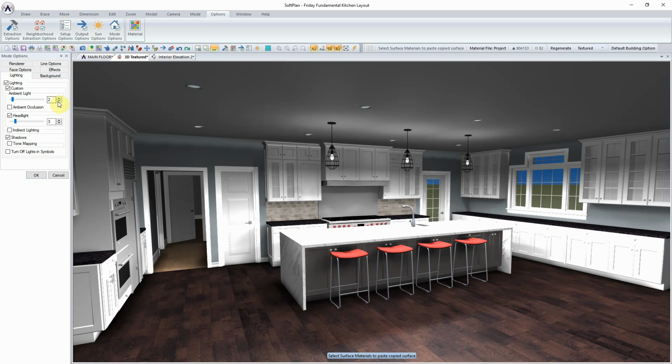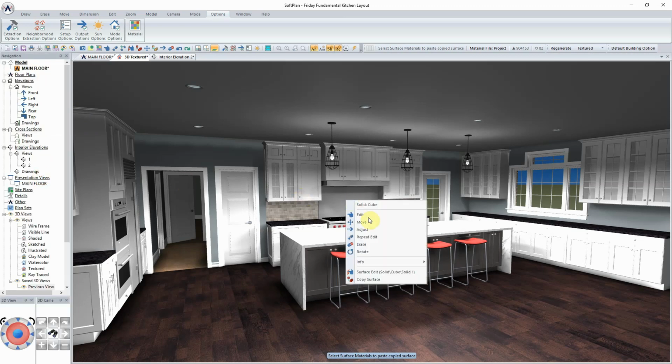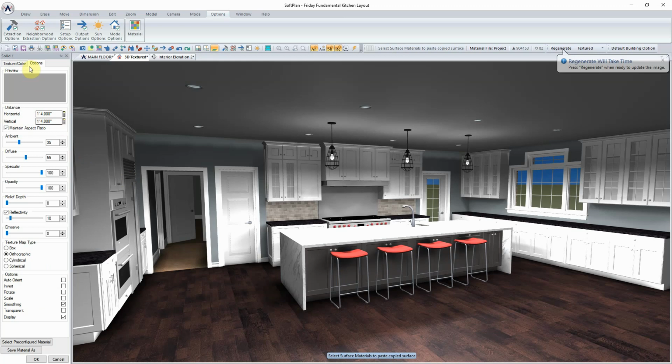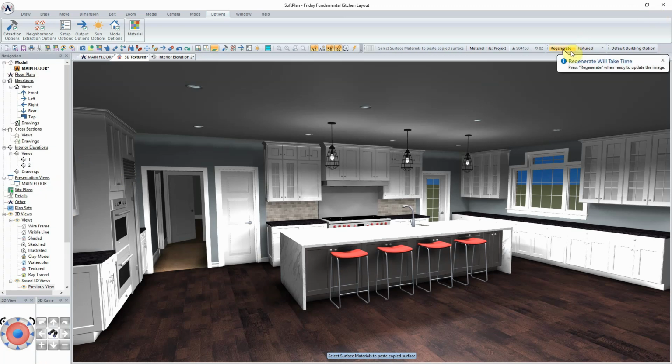Again, you can play around with the lighting, and one of the things I'm going to do here is maybe even turn on reflectivity for something like the backsplash that I've got on there. Once I've done all of that, you can then just regenerate it. With as many options as we've turned on, it's going to take a moment for this to regenerate and calculate bouncing light sources off of surfaces, reflections, and how that's going to be, especially with a large floor area like what we've got there, the counters,